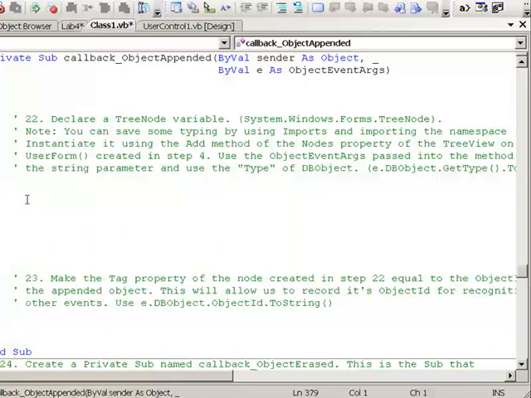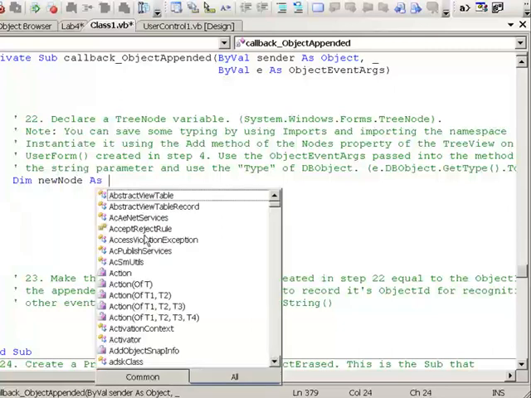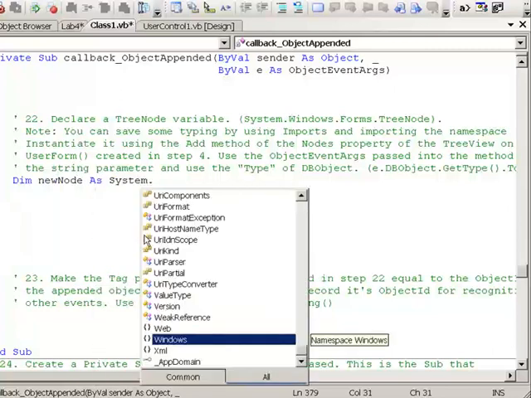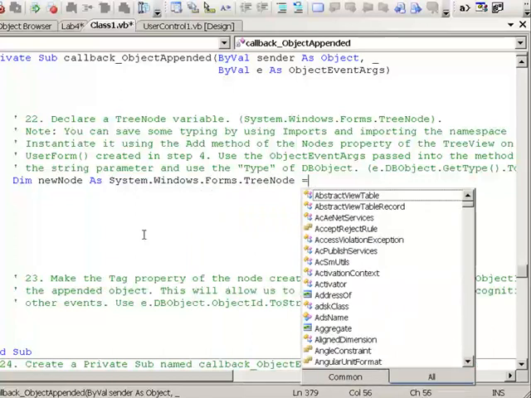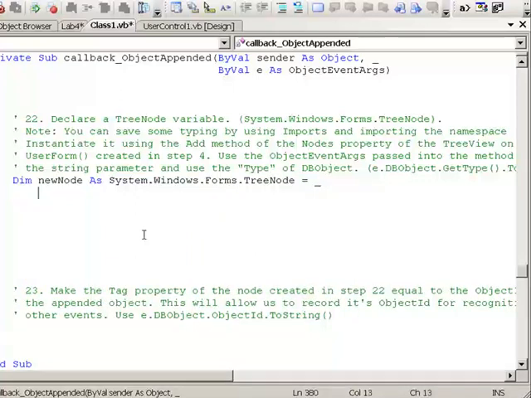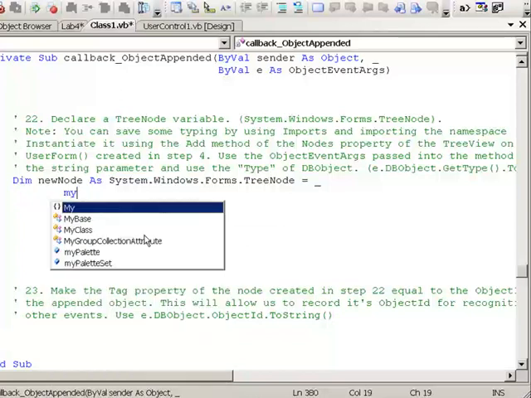We're going to add a node to that tree view on the user control in that tree view. We'll call it newNode as TreeNode. And that will equal my palette,